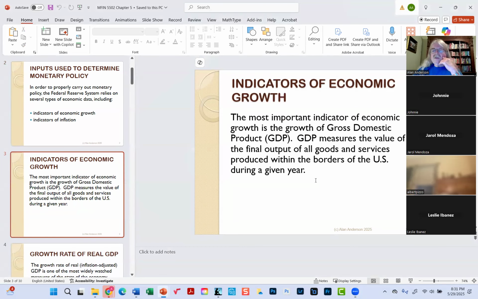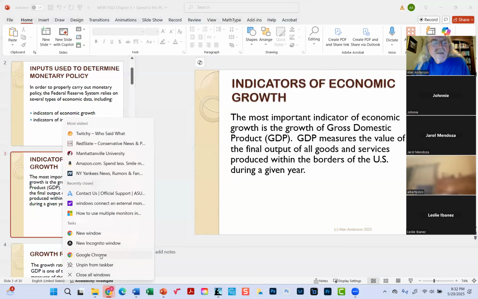And so they start with, of course, the most important indicator of them all, which is GDP. If you're not familiar with GDP, it is an abbreviation for gross domestic product. Think of GDP for the United States economy as equivalent to the income for an individual during the year. In other words, GDP is the value of all the final goods and services that were produced within the borders of the country during a given year. You can measure it in terms of the value of the goods that are produced or the money that was spent to buy those products. Either way, at the moment,